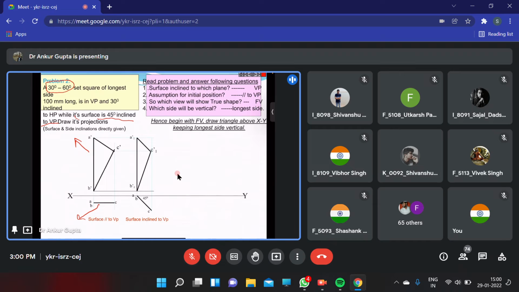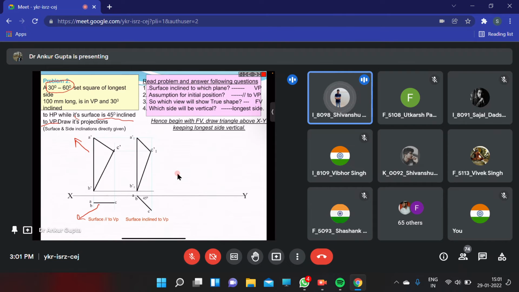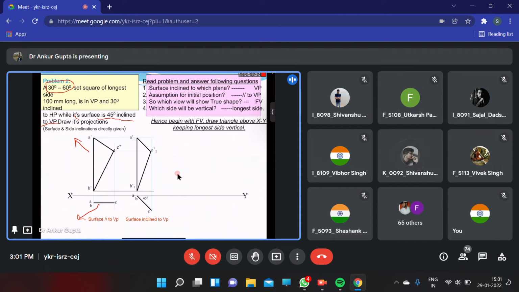अब इसको हमको 30 डिग्री इंक्लाइन टू HP करना है। कैसे करेंगे? किसको करना है और विच साइड? 100 mm लॉन्ग साइड, longest side. लॉन्गेस्ट साइड को रोटेट करना है ना हमको, राइट? I will rotate this edge at 30 डिग्री। रिप्रोड्यूस करूंगा मैं इसको 30 डिग्री पे।